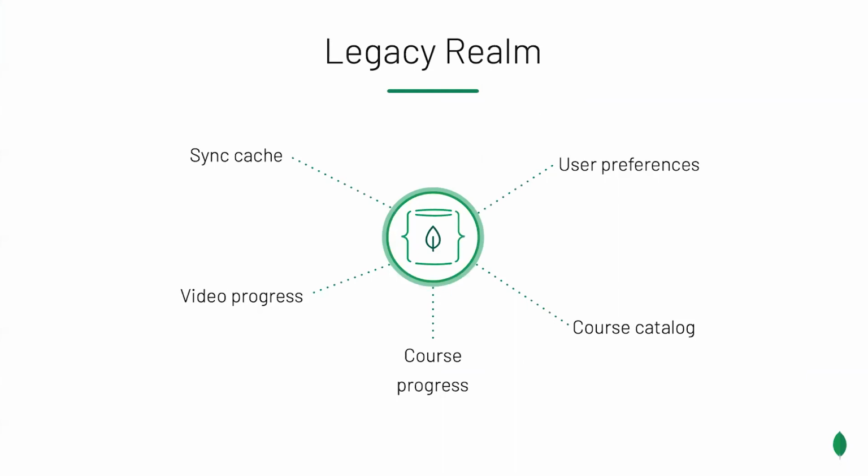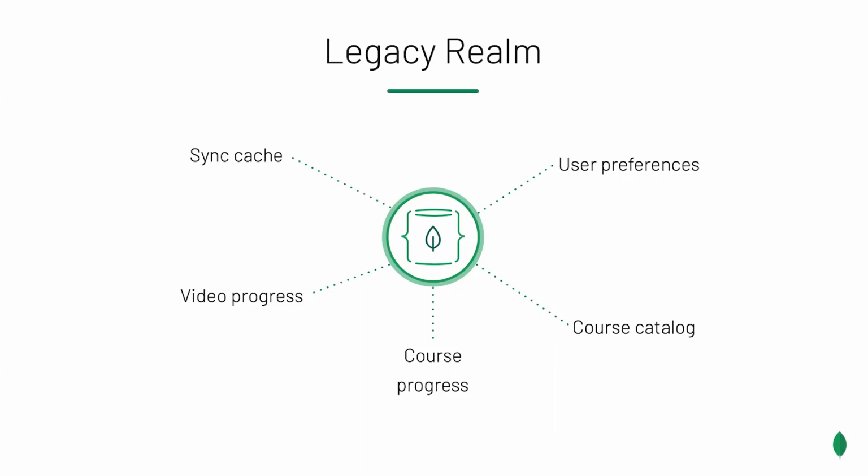In our legacy Realm schema, every app install had a single Realm database for all users on that device. This Realm served many purposes. First, it was a temporary cache for all unsynchronized data. Positions within the videos watched while offline, as well as bookmarked timestamps created by the user in downloaded videos. When connected to the internet, this data would be pushed to our sync service in batches to ensure that the offline viewing history could be reflected on the website as well as on other devices.